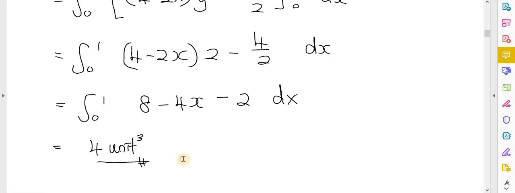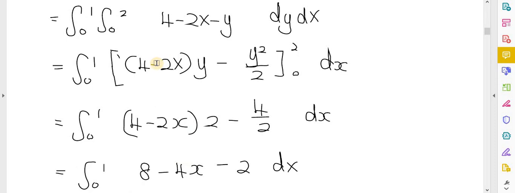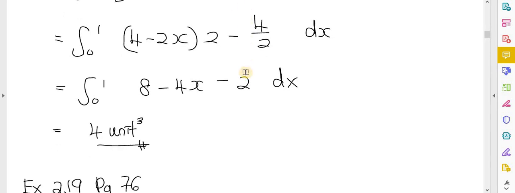Remember, you cannot press the calculator when that expression contains more than one variable. For example, this one, with x and y, you cannot press the calculator for the answer. You can only press the calculator when the whole thing only contains one variable. If you are not sure how to use the calculator to calculate the integration, you can check the videos on YouTube. There are a lot of videos teaching you how to use the calculator